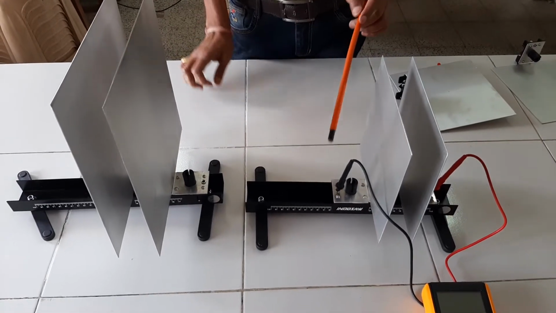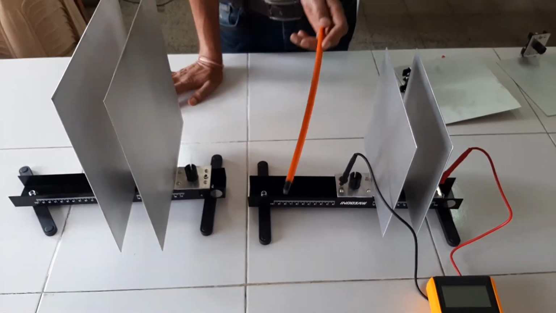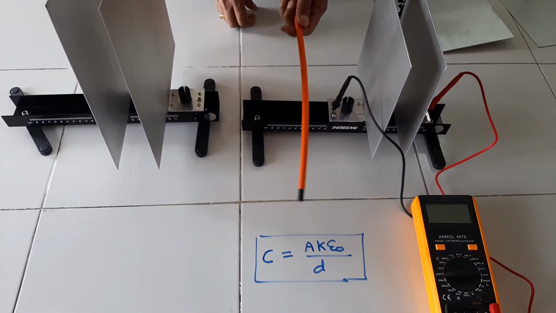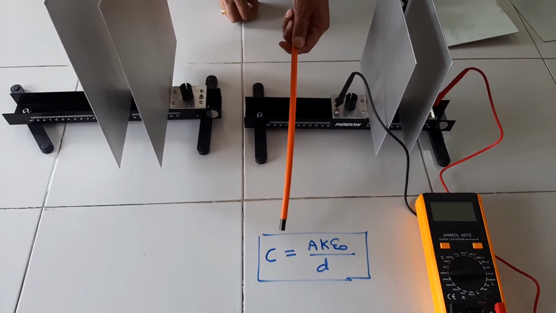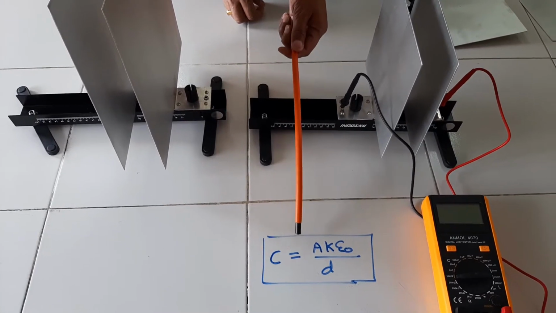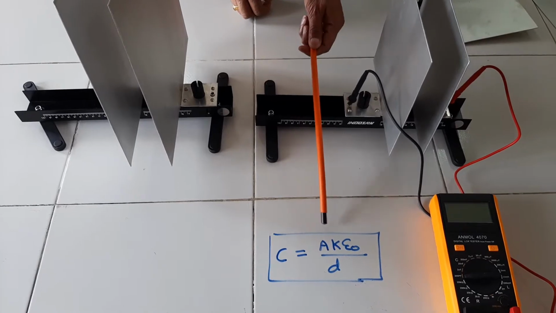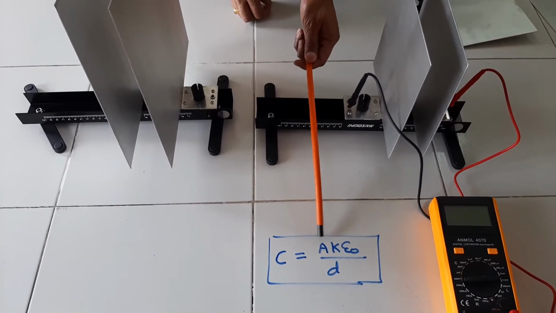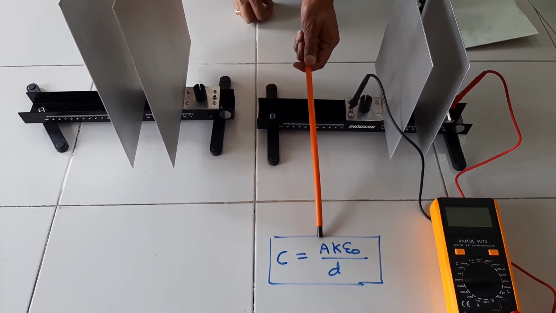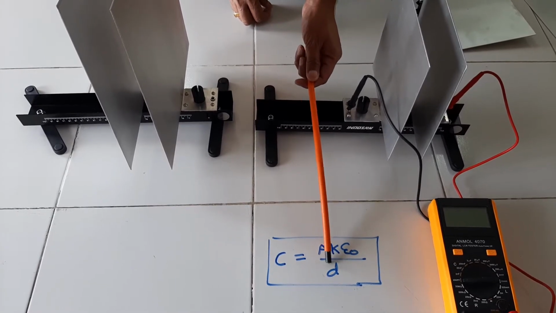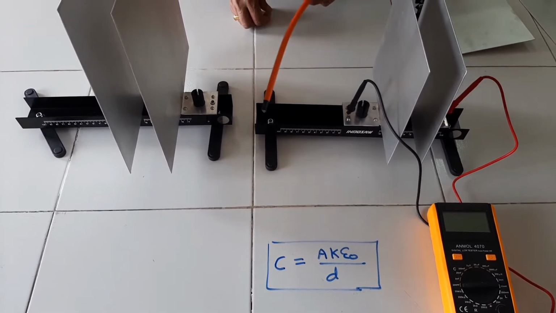डियर स्टूडेंट, हम लोग ने थ्योरी पोर्शन में पैरेलल प्लेट कैपेसिटर के एक्सप्रेशन ऑब्टेन किया था. The capacity of parallel plate capacitor is given by A K epsilon naught by D, where A is the cross-sectional area of capacitor plate, K is the dielectric constant and D is the distance between both plates.